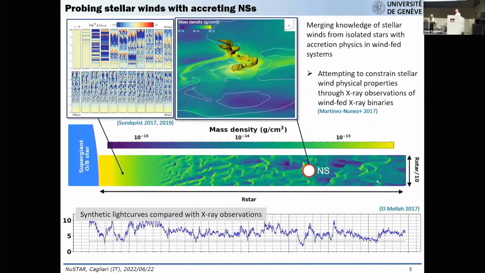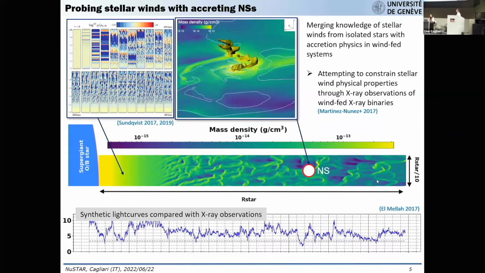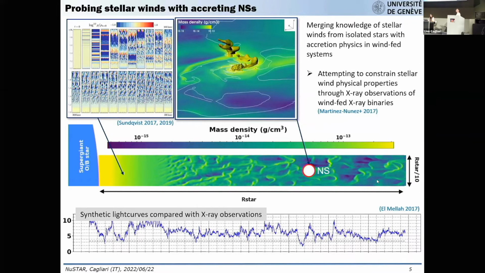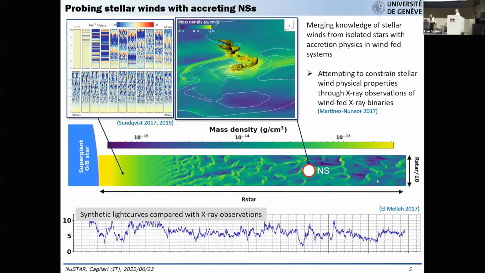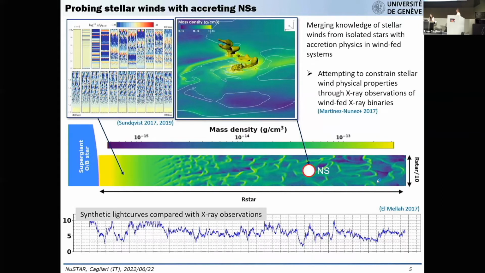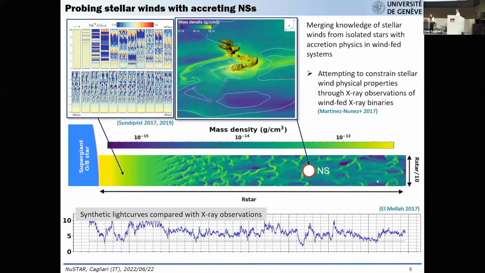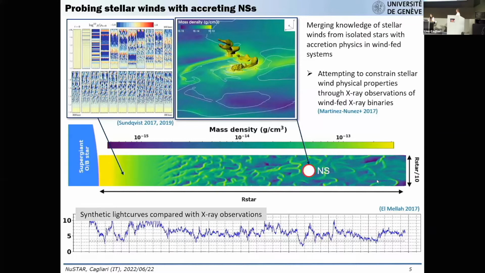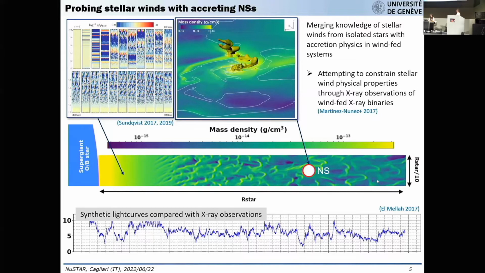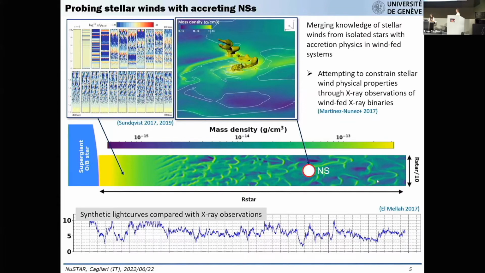Concerning the second point, let me mention for completeness that there is now a wide group of people comprising stellar wind experts together with colleagues from the X-ray binaries perspective. And what we are trying to do is to test how much we can learn about stellar wind physics using X-ray binaries. So what you see here, for example, is an attempt that is being improved as we speak. What we have tried to do is to get, on the left, some hydrodynamic models